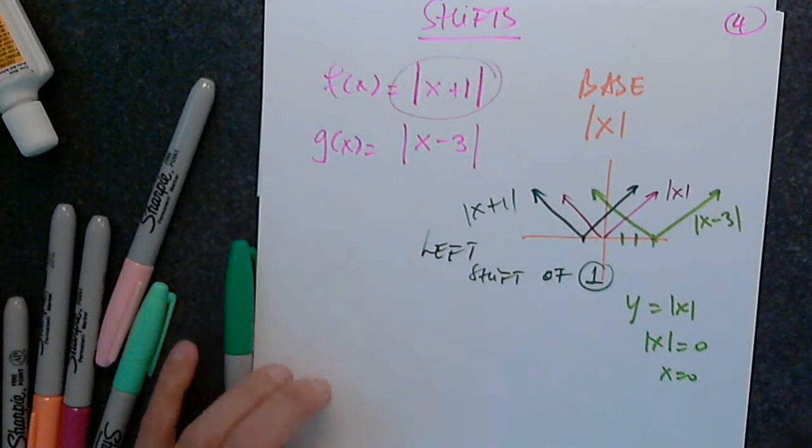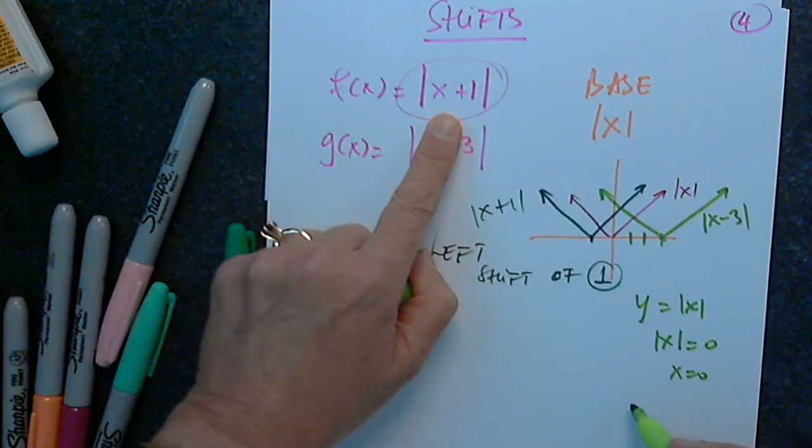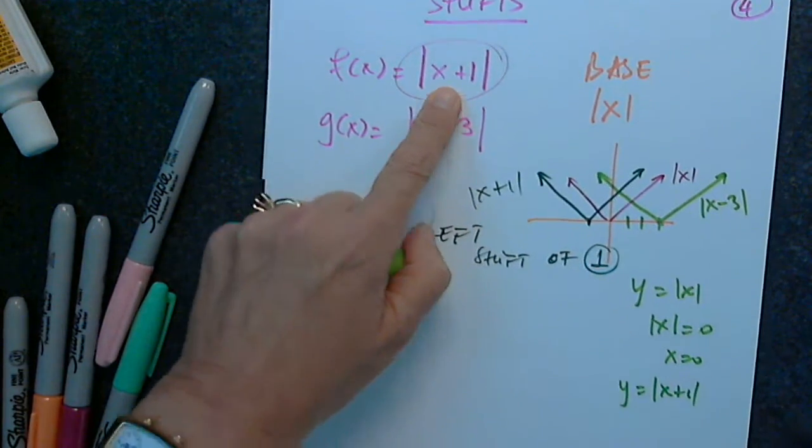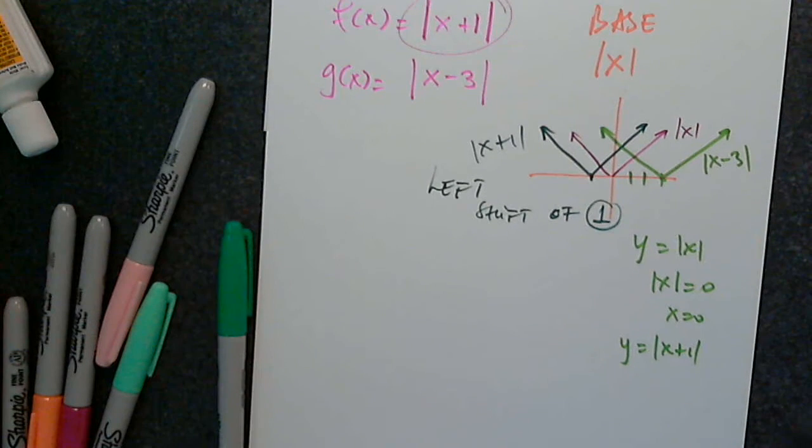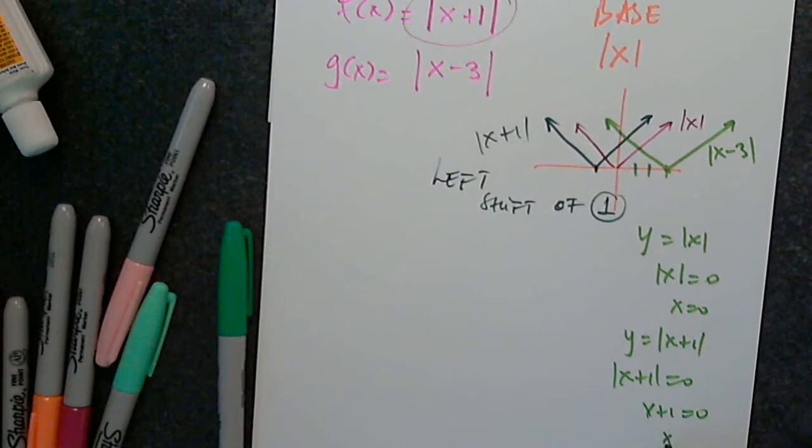Agreed? Correct. Good. So now for this function, I want to find the same thing. I want to find its x-intercept. What do I have to write? That's okay. I'd rather just got it. Is that okay? So this is x plus 1 equals 0, which means x equals